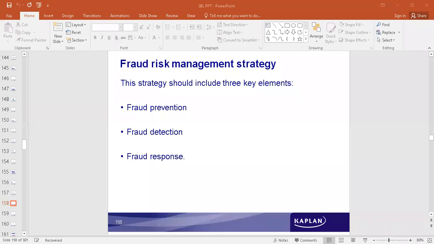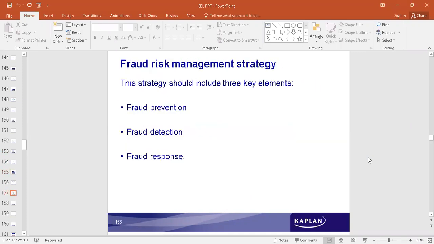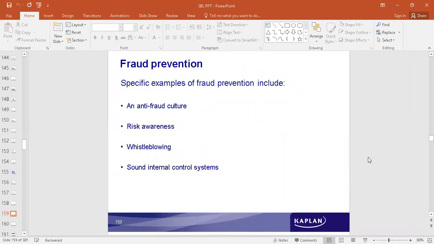See, as part of the internal control system, one important aspect we have mentioned was information and communication. So all the possible information relating to fraud, the happening of fraud, or what possible ways in which a risk can occur on account of fraud, should be first gathered. It has to be communicated to people in the organization. That's step number one.